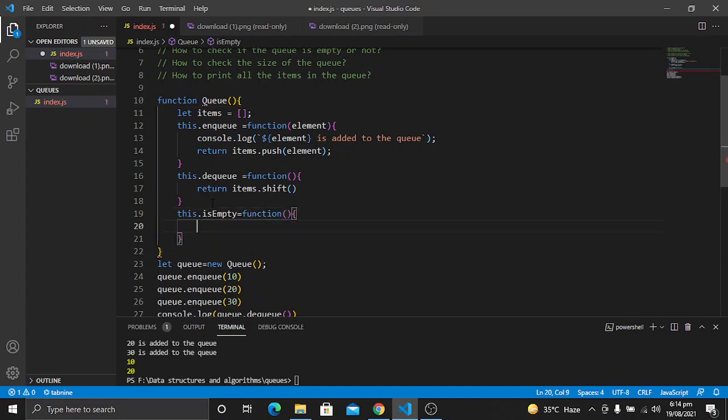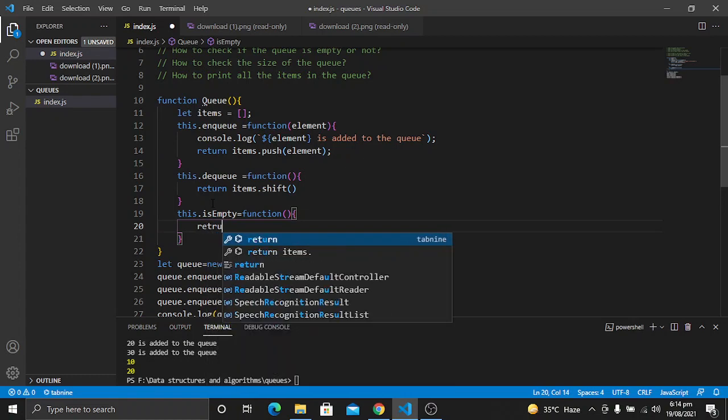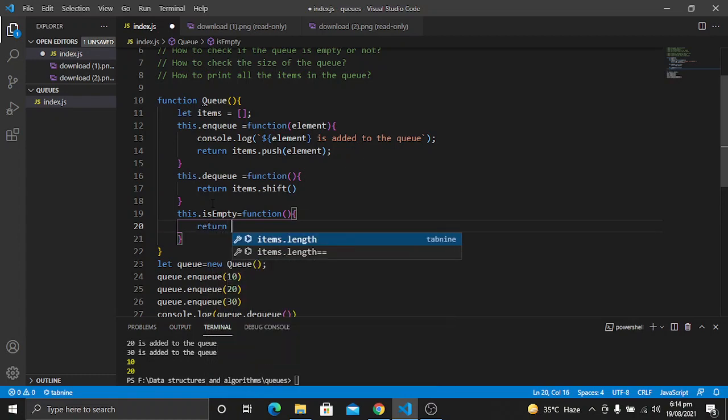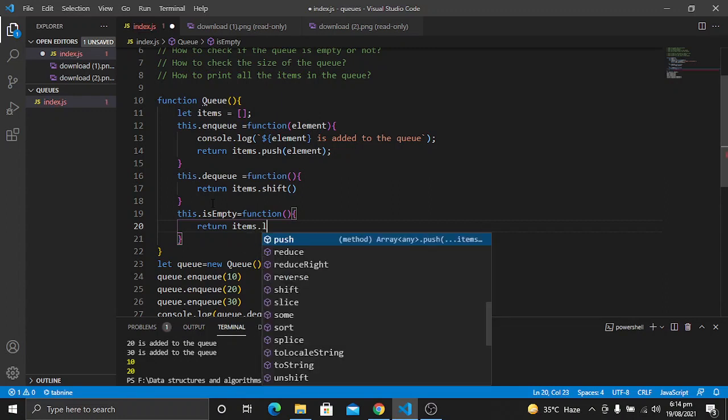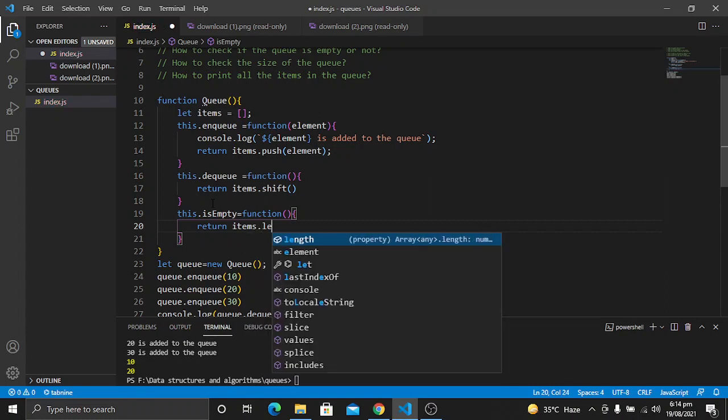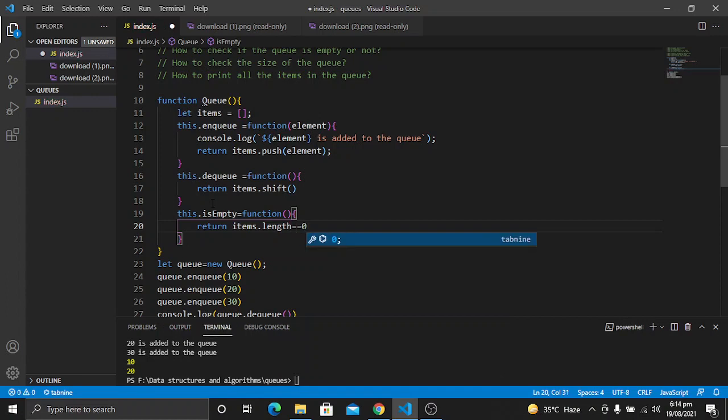and this function will be a very simple one because we just want to check if this queue is empty or not. So what we will return is a true or false. If the queue is empty, we will return true, otherwise we will return false. For this we have an array. So we will check if the items dot length is equal to 0, then we return true if the queue is empty, and false if the queue is not empty.